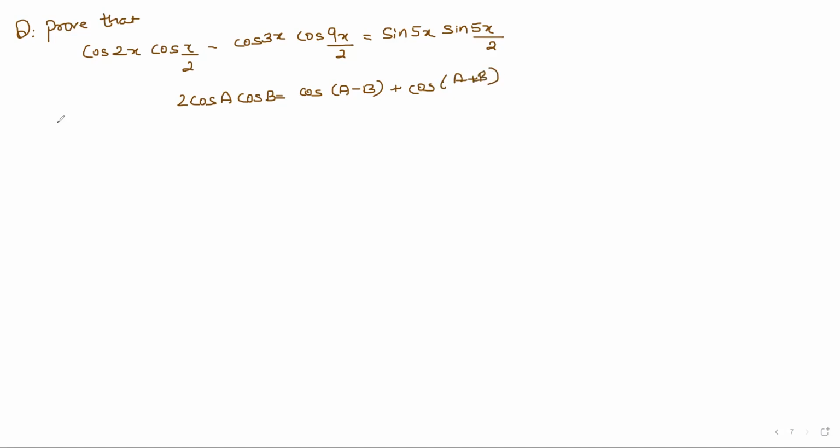And the first 2x is a। अच्छा, यहाँ 2 नहीं है, फर्स्ट थिंग हम क्या करेंगे, 2 से मल्टीप्लाई और डिवाइड बाय 2। ठीक है, 1/2 मल्टीप्लाई कर देंगे, 2 into this, 2 into this is equal to 1/2। तो ये क्या हो जाएगा cos (a minus b)। cos (a minus b) means 2x minus x/2 plus cos (a plus b)। so a plus b means 2x plus x/2।